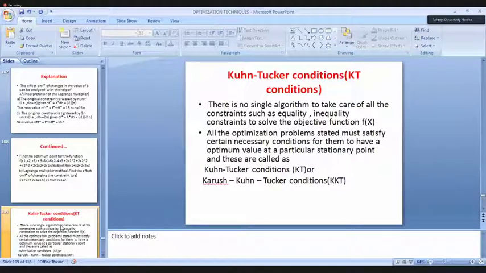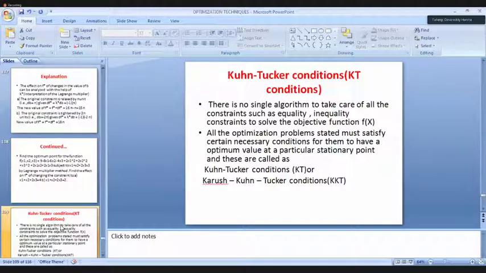Now please tell me what we have learned from your first unit. I'll tell you now. We have seen problems without a constraint equation, first thing. Next we have seen problems with equality constraints. Now with 2-3 equality constraints, we know how to solve. Now if it is inequality plus equality plus some other thing, then how to do it? That is all covered in this topic, Kuhn-Tucker conditions, called shortly KT conditions.